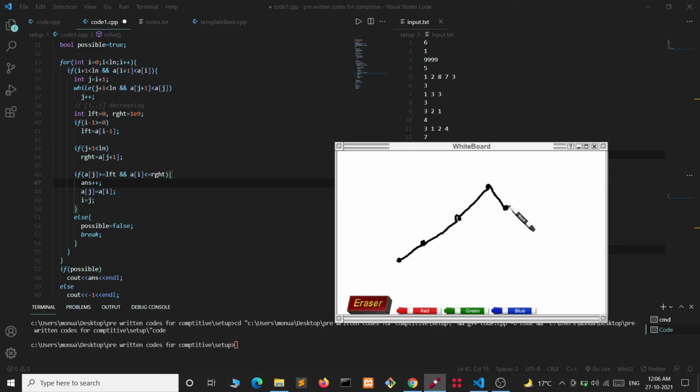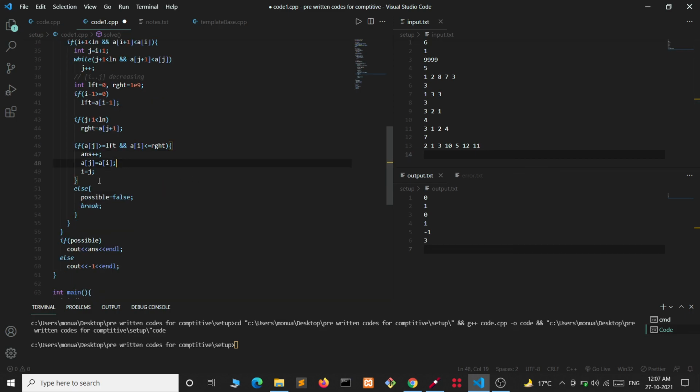Like if this segment is decreasing, then we will just change this element with this value. We are just doing like this because we will never be using this. We only need to make use of this. If another segment will be decreasing, then we will be making use of this value as the left. And since we have reversed this segment, it should be equal to ai. That's what we are doing. We are changing aj to ai. After that, we are changing i to j so that we can continue from it.